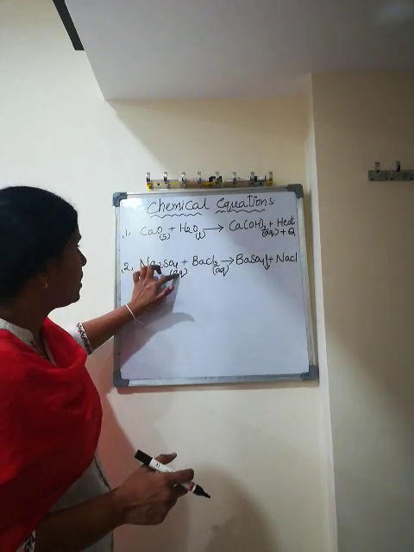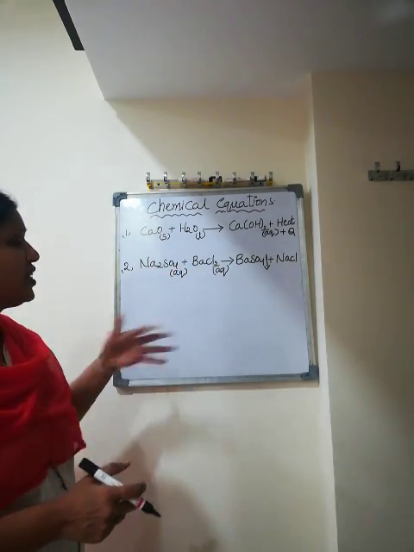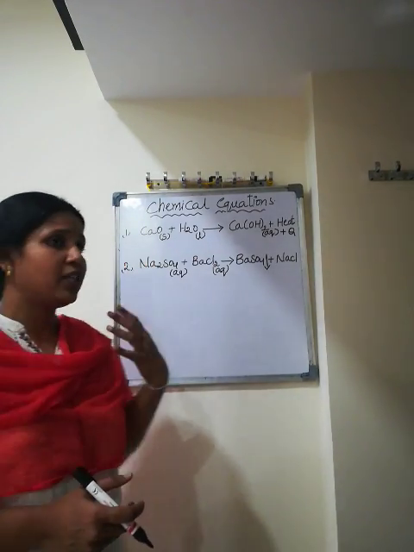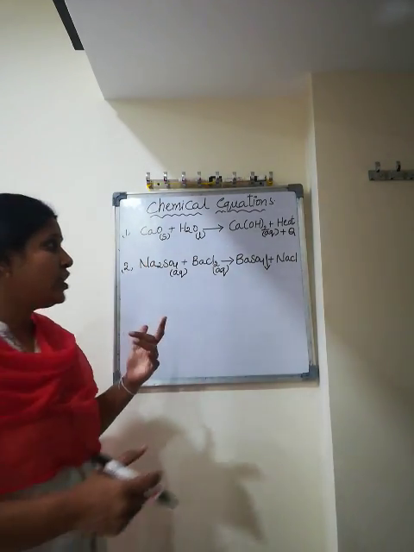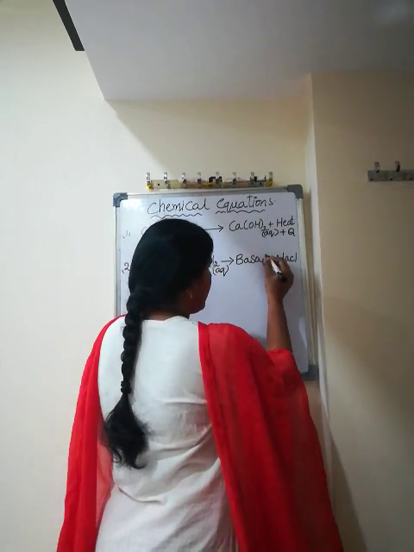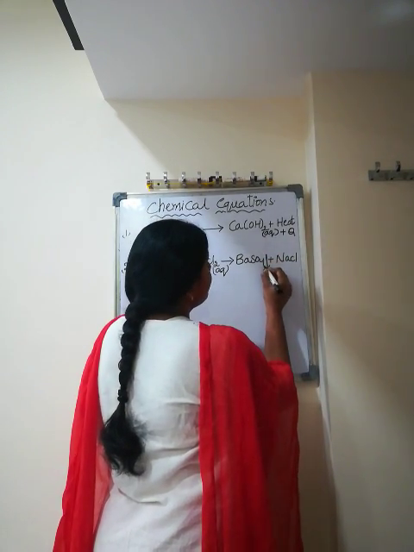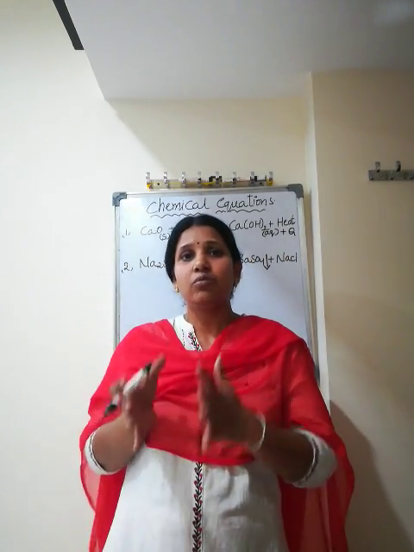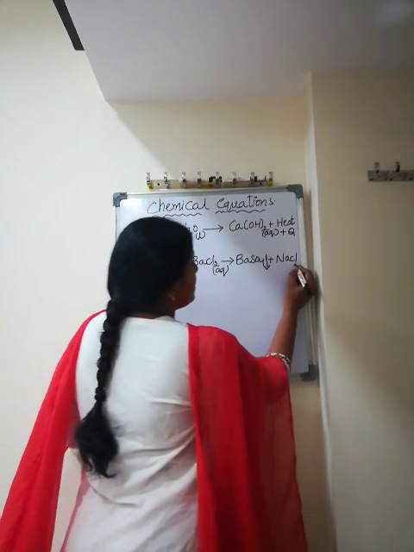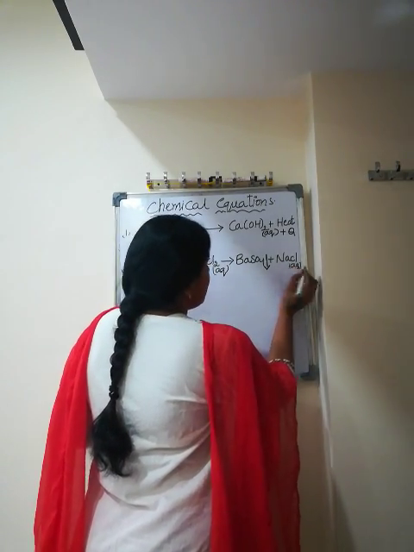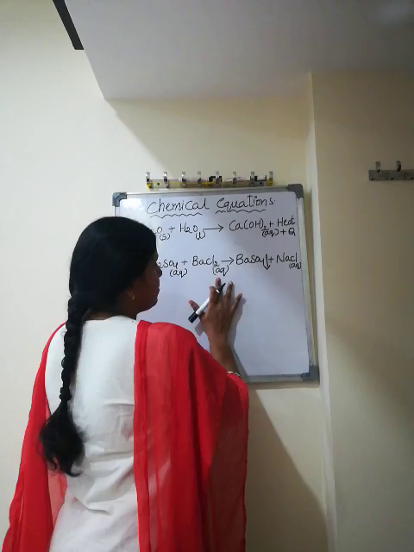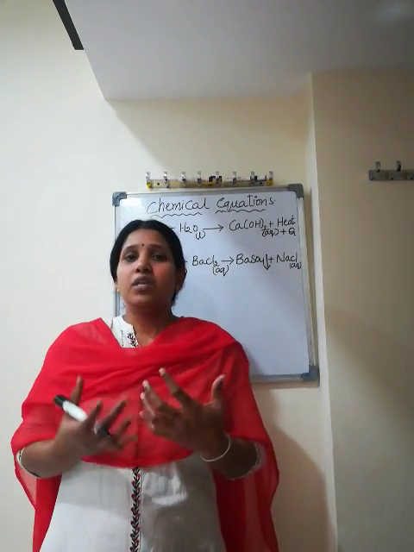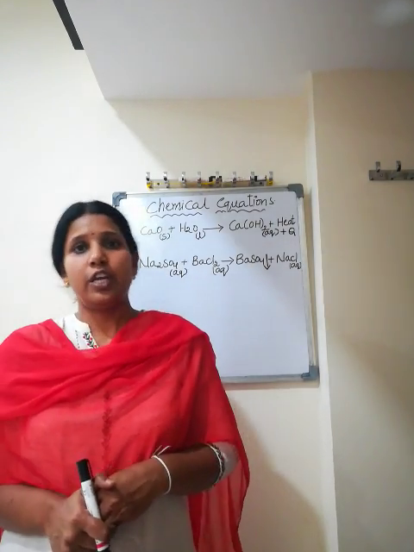The first one is expressing the physical states, whether it is in solid state or liquid state, or an aqueous solution or a gaseous substance. And the second one is that if any precipitate is formed in a chemical reaction, we represent that precipitate using a down arrow. And NaCl is an aqueous solution. Like this, by expressing the physical states of the substances and the precipitates formed using the down arrow, we can make the balanced equation more informative.